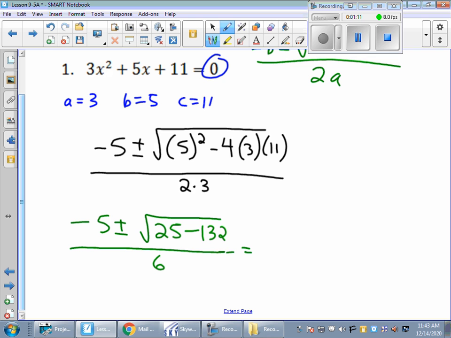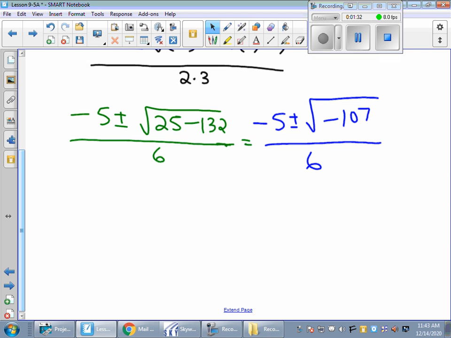So what you notice here, folks, is we're going to actually have a little bit of a problem here. So we have a negative 5 plus and minus. So if you go 25 minus 132 gives us a negative 107. Okay, you cannot take a square root